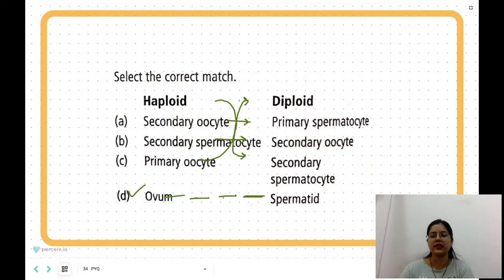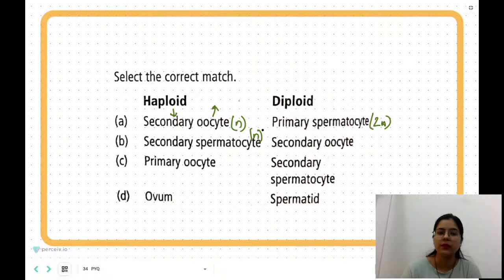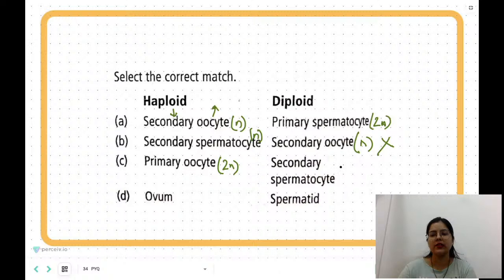अब ये वाला क्वेश्चन अगर हम देखें तो हमें इसमें करेक्ट मैच बताना है कि कौन सा सेल हेप्लॉइड है और कौन सा सेल अल्टीमेटली डिप्लॉइड, ठीक है। सेकेंडरी oocyte भाई हमारा क्या होता है, दिस इज योर अल्टीमेटली हेप्लॉइड, तो ठीक है ये तो करेक्ट हो गया है ना। प्राइमरी स्पर्मेटोसाइट इज इट डिप्लॉइड, यस, प्राइमरी स्पर्मेटोसाइट जो होता है ये डिप्लॉइड होता है, तो ठीक है। सेकेंडरी स्पर्मेटोसाइट की बात करेंगे तो ये आपका हेप्लॉइड होता है, yes, alright, so secondary spermatocyte जो होगा वो हमारा हेप्लॉइड हो जाएगा। सेकेंडरी oocyte की बात करेंगे, क्या वो डिप्लॉइड होता है, नहीं, हम लोगों ने देखा था कि सेकेंडरी oocyte में 23 नंबर ऑफ क्रोमोसोम्स होते हैं, तो ये डिप्लॉइड है, सो दिस ऑप्शन इज रॉन्ग क्योंकि ये डिप्लॉइड बता दिया है। प्राइमरी oocyte इज हेप्लॉइड, रॉन्ग, क्योंकि प्राइमरी oocyte जो होता है वो होता है डिप्लॉइड। सेकेंडरी स्पर्मेटोसाइट इज डिप्लॉइड, रॉन्ग, सेकेंडरी स्पर्मेटोसाइट इज हेप्लॉइड।